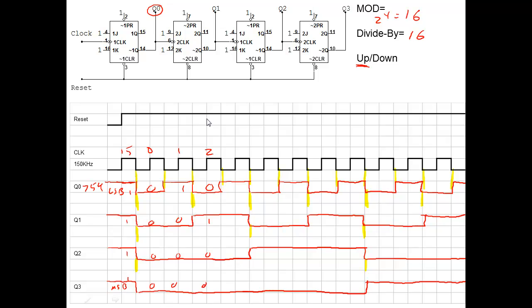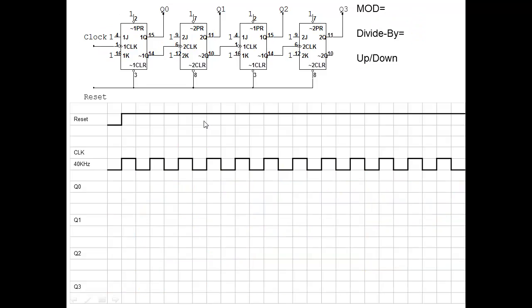Okay, let's go on to the next one, and the next one will be a little strange looking. This one looks a little weird because if you look at your outputs here, well, we've still got negative edge, we still only have one clock, so we still know it's a ripple counter. But what we've got going on here is we've got Q being the one we draw, but we're clocking on Q0. So do you see that? You're drawing Q0